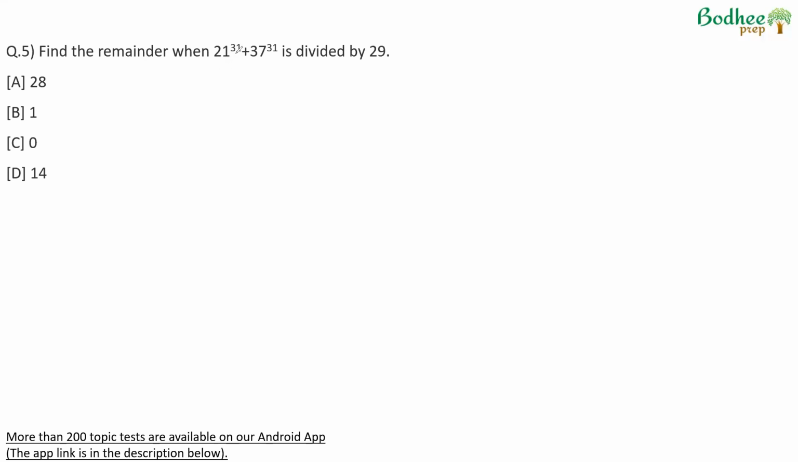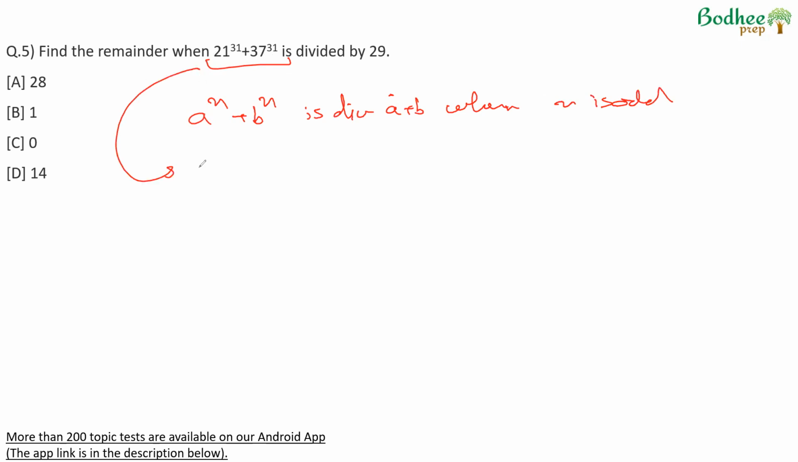Find the remainder when 21 raised to power 31 plus 37 raised to power 31 is divided by 29. A trigger for this question always is a raised to power n plus b raised to power n. The power is the same. It is divisible by a plus b when n is odd. Therefore, we can say 21 raised to power 31 plus 37 raised to power 31 is divisible by 21 plus